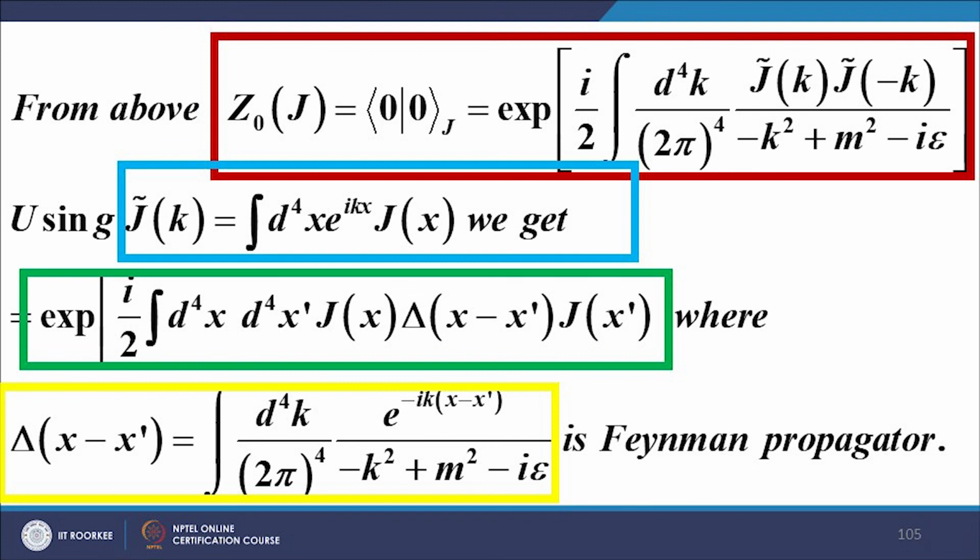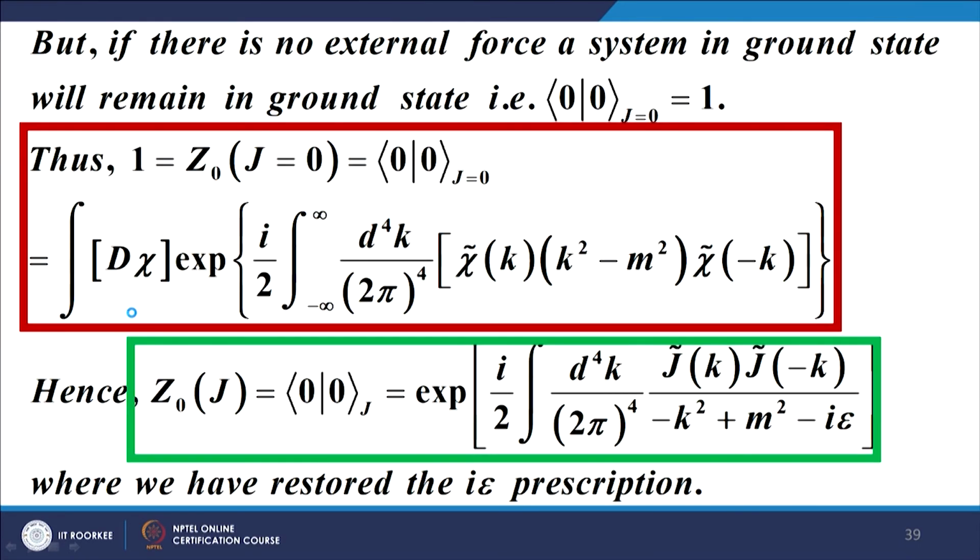So, because in the case of a ground state, the prefactor becomes 1, the path integral must also be 1, and therefore, the path integral is independent of j, and therefore, the path integral will be 1 even if there is a source. In other words, if there is a source, the path integral term does not contribute anything, and the generating functional therefore simply becomes the exponential, the prefactor term simply becomes the generating functional.